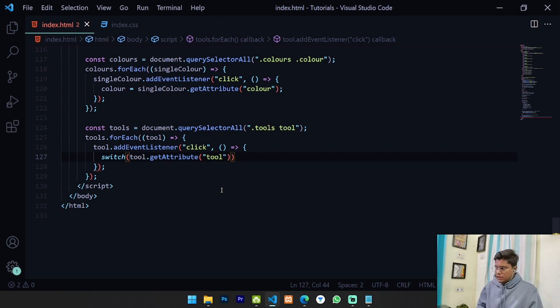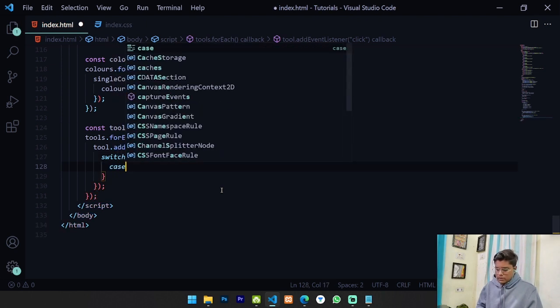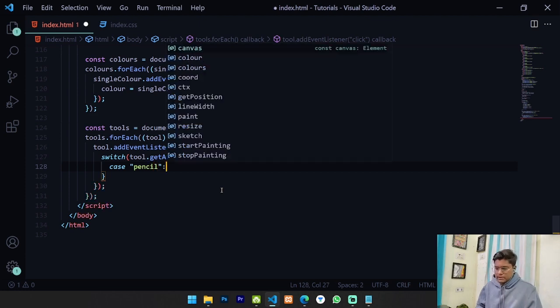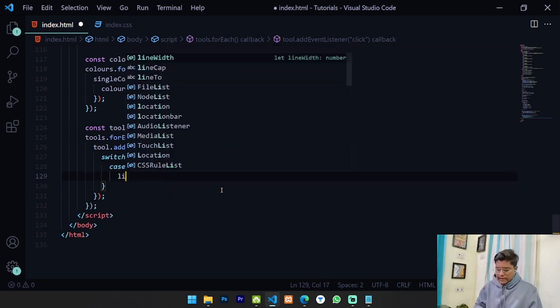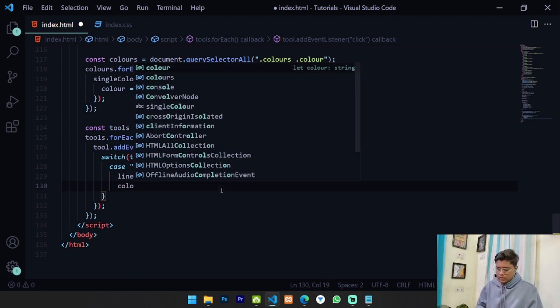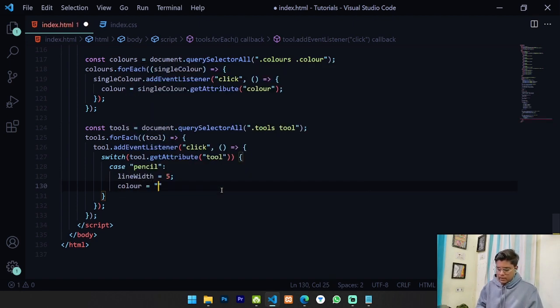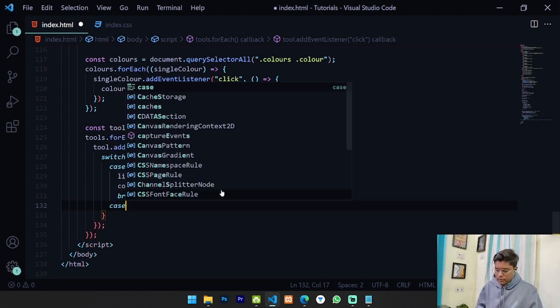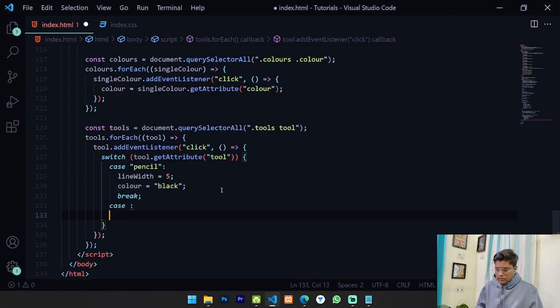So now let's say if the tool is pencil. So in the case of pencil, what we need to do is we need to set the line width to be 5 and the color to be black, and then break. Yeah, so that is what we need to do for pencil. That's it. In case of clear,